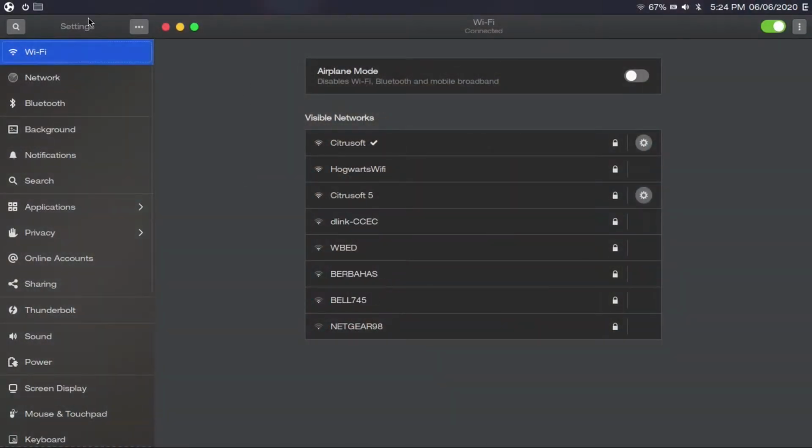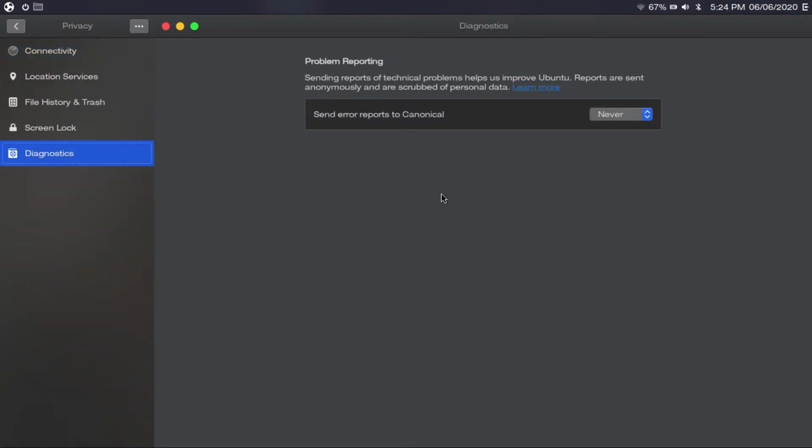Alright, so now number 10 on this list is under Settings, Privacy, Diagnostics. And the setting is Send Error Reports to Canonical. By default, it's on automatic. However, you should actually change this to never, because hey, after all, this is Linux, and I value my privacy, and so should you. The thing is, with any operating system, you don't really want it reporting data about how